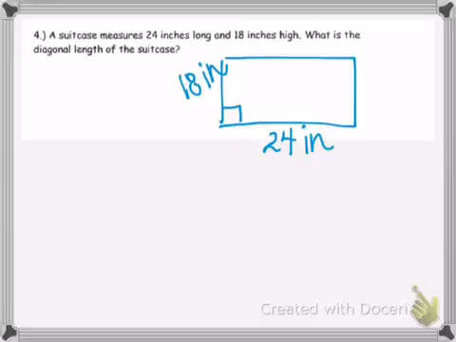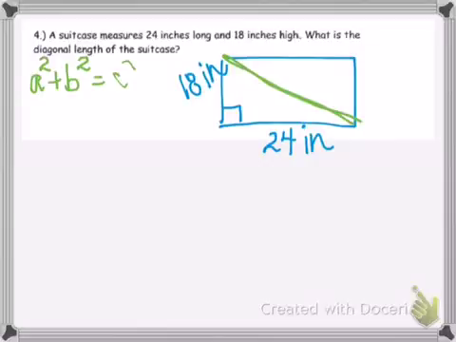Now, I don't have a right triangle here until I draw my diagonal across the length of the suitcase. Here's my right triangle, and I was told the lengths of each of the sides that make up the right angle, so therefore they are the legs of the right triangle. Plugging into my Pythagorean theorem, I have 18 inches for one of them, and I'm going to square that, plus 24 inches for the second leg